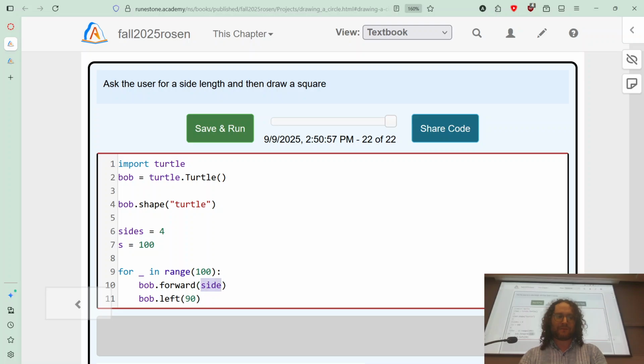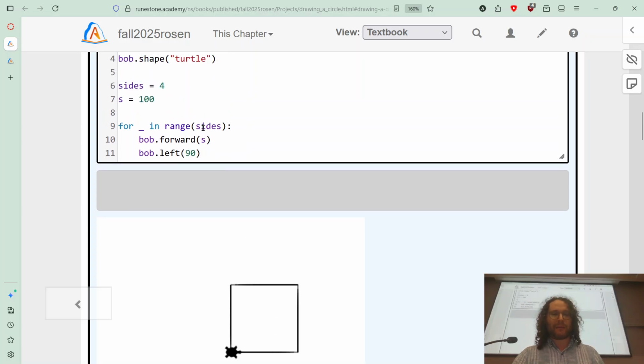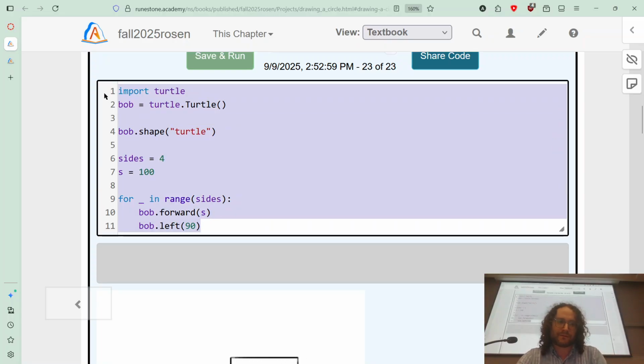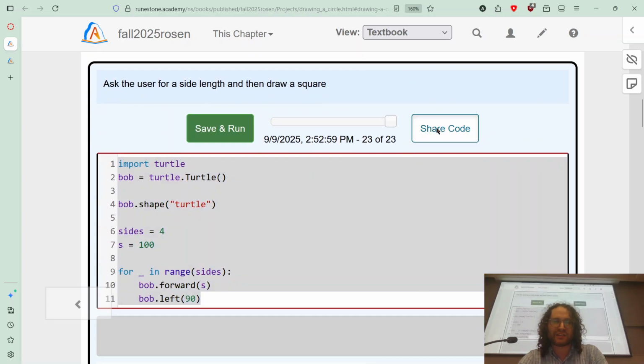So we've got a kind of generic format here now, almost, that for blank in range sides, plural, for the number of sides we have, move forward s amount. This change that I made over here is called refactoring, where I just kind of changed some things in the code without actually changing what it does, but I changed the variables I used for it. It's a common thing to do. Now,